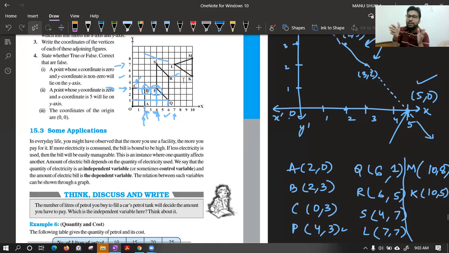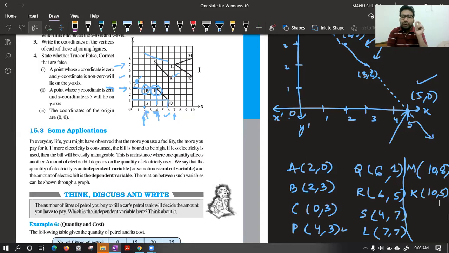Actually, x is taken as the independent variable. X is not dependent on anything. That is why it comes first. Y is the dependent variable. वो depend करता है x के ऊपर, इसीलिए y को हम लिखते हैं second number पे. ठीक है? Always we try to write the x coordinate first and y coordinate second. So this is written as 5,0.